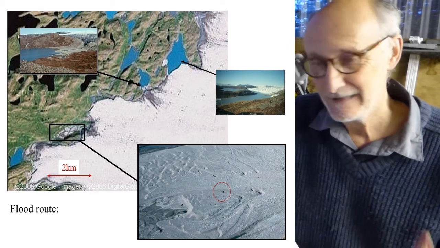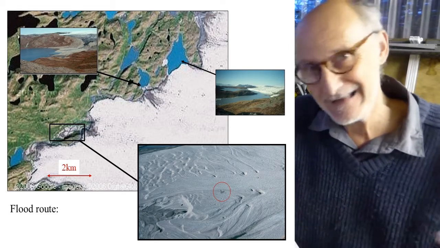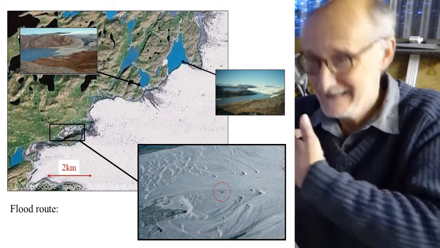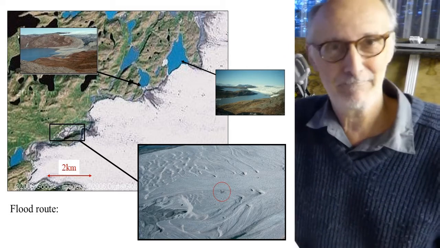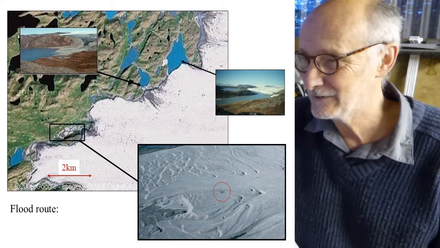And this is the explanation for those floods. Just occasionally, water ponded up at the edge of the glacier is catastrophically released into the glacier, through the glacier, out of a tunnel, into the river, and downstream past that channel that we've been talking about.